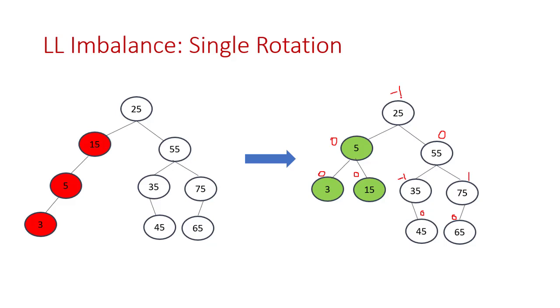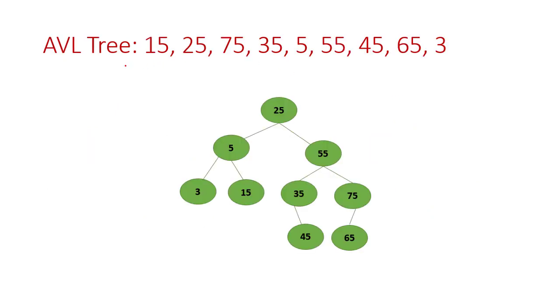Now all the nodes are finished. So we can say this is the representation of the AVL tree for these elements. We have mainly two steps here. The first step is to insert a node based on the binary search tree property, and the second step is to check the balance factor of all the nodes. If any node is imbalanced, then try to balance the tree based on any one of the rotations.